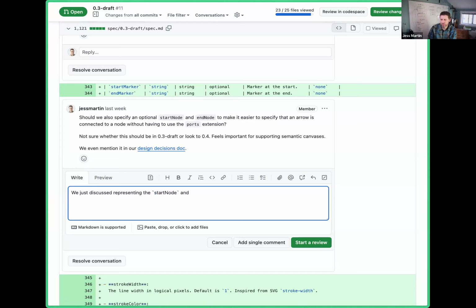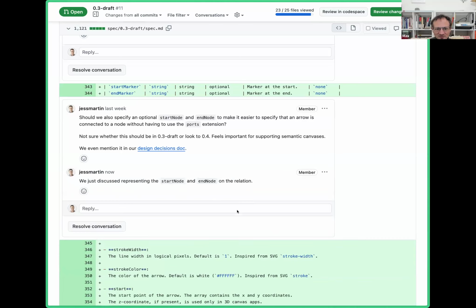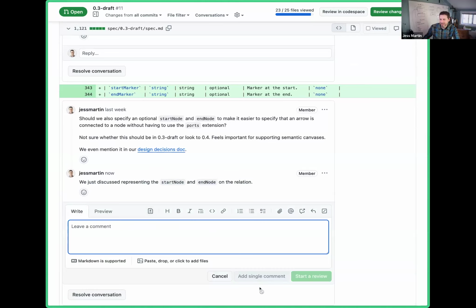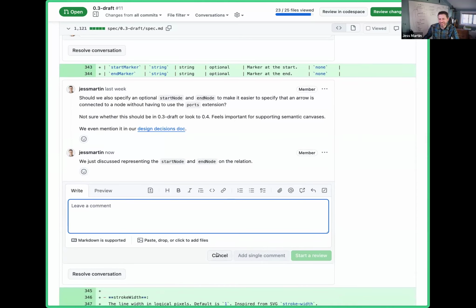I'm just doing this for my own accounting of comments here on the relation. Actually, I want to do it as a reply. Can I do that? Maybe you can edit your own. That's right. My friend Rob implemented that, by the way, and I still give him crap about that. I'm like, why are there two options here? Like, what do I want to do? Anyway,